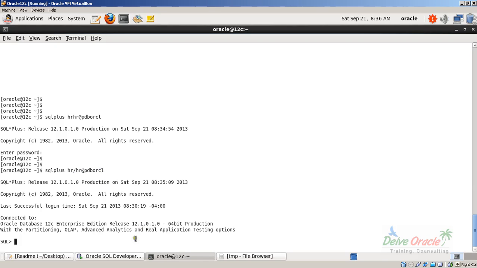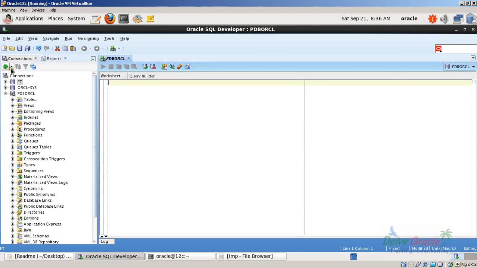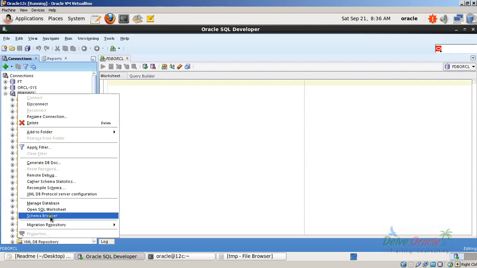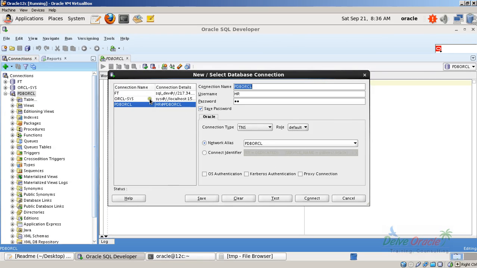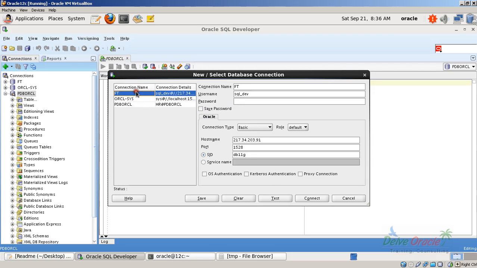The PDBORCL meaning, what does it mean? If you look at the properties of PDBORCL in my SQL Developer, it includes the entire network alias for the TNS entry. So basically, it includes the host name, the port number, the SID, and the username. No, username and password is not included. Only the host name, the port number, and the SID are included as part of the TNS entry, which is